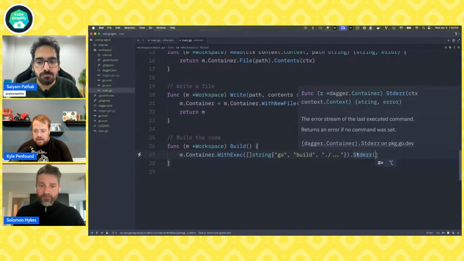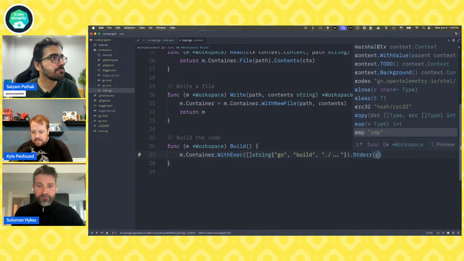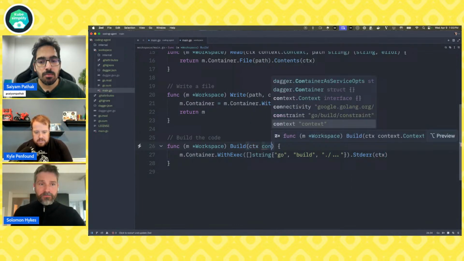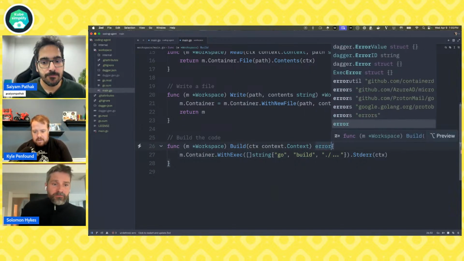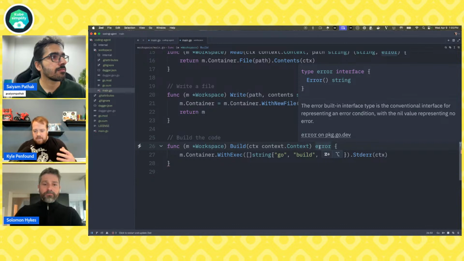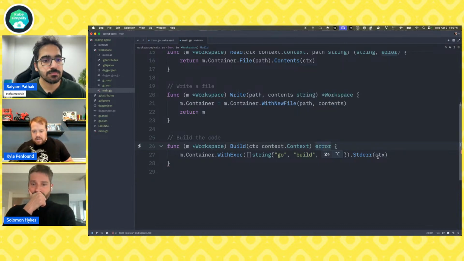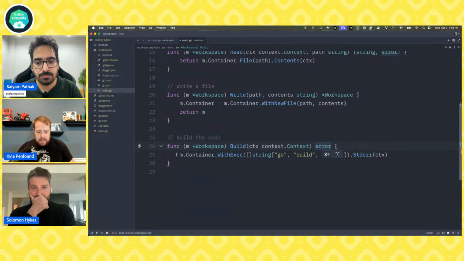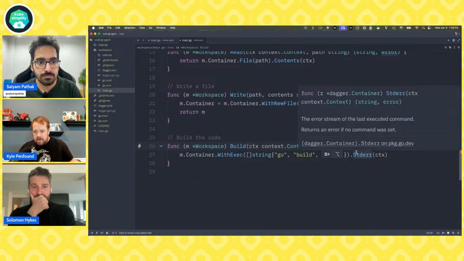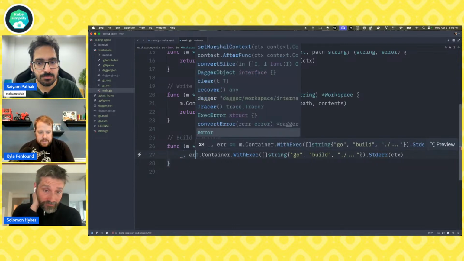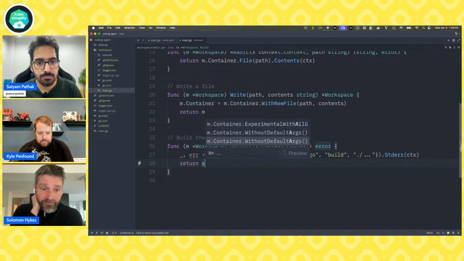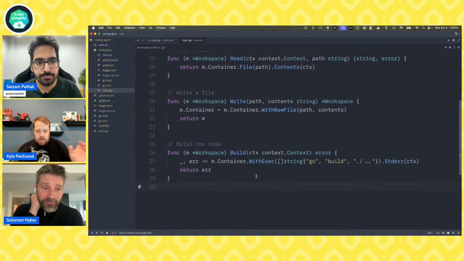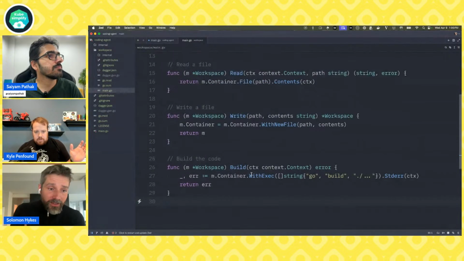So now this returns a string and an error. So we have to give it a context, ctx context.Context. And we want to give back an error, right? So we want to say, if it failed, here's the whole error object. And again, if it passes, we're good. So this returns string, error, so we don't care about the string. We just want to return the error if everything failed. So we'll say error is that, and then return. Okay, so we're almost done with this. We've created our three tools.